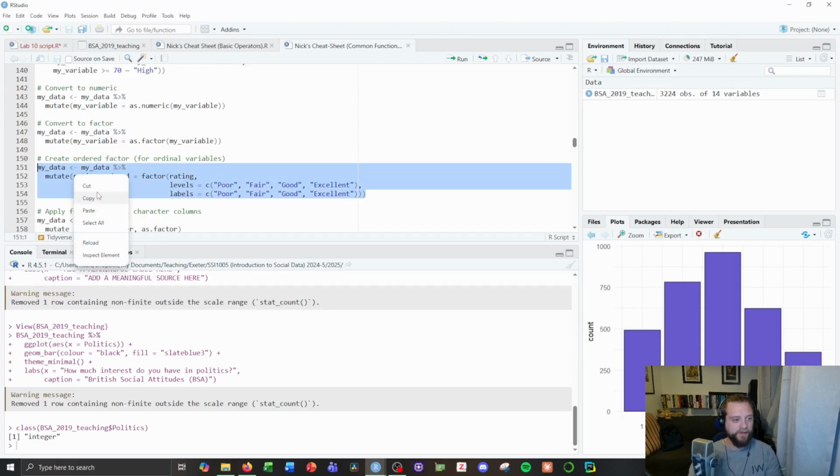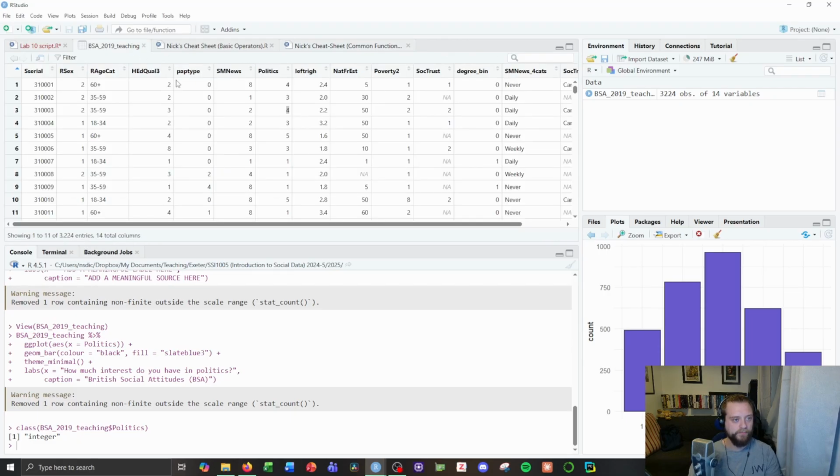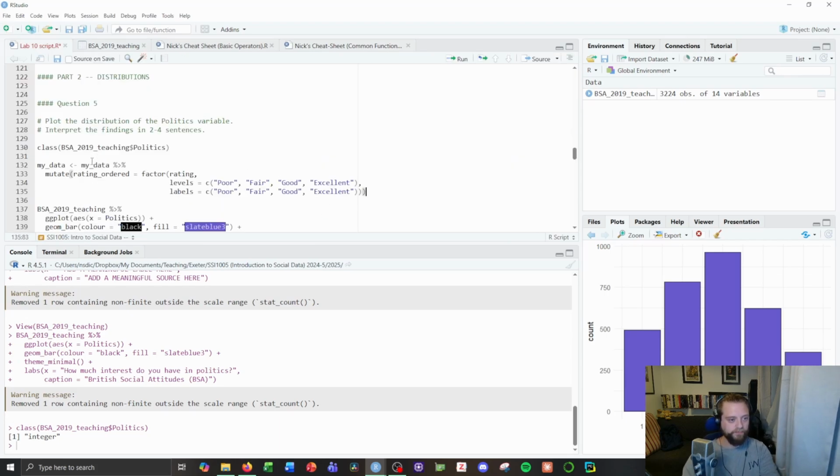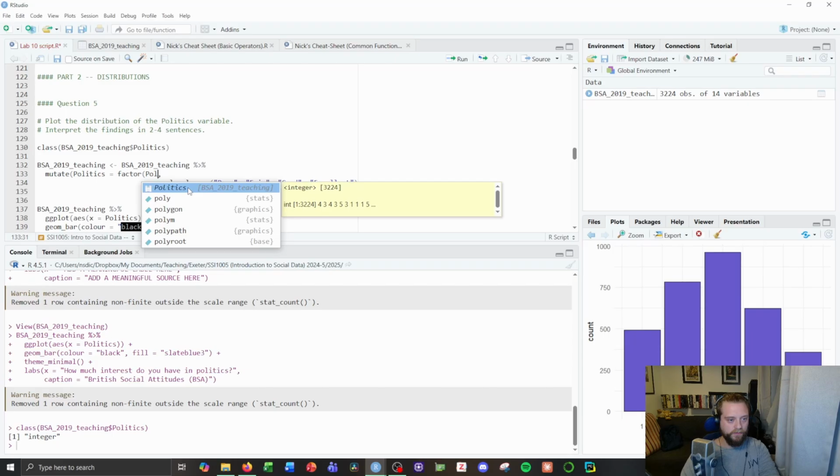So I'm going to copy this out of here, come back over to my lab 10 script. I need to change my data placeholders to the correct ones, and I need to change my variable placeholders to